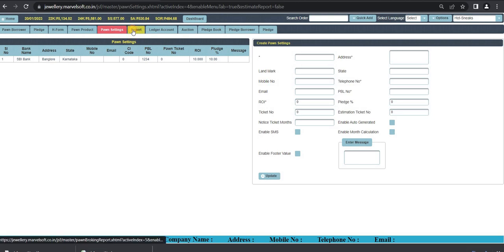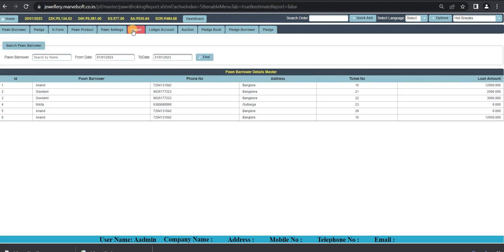Next, click on the report menu. Here the report menu page will be opened. Here the pawn borrower details will be displayed in the pawn borrower detail table. In the table we can see the pawn borrower details which we added in the pawn borrower menu, and the ticket number and the loan amount which we added in the pledge are also shown here in the report menu. If you want to see a particular pawn borrower, then here you have to search the name of the pawn borrower